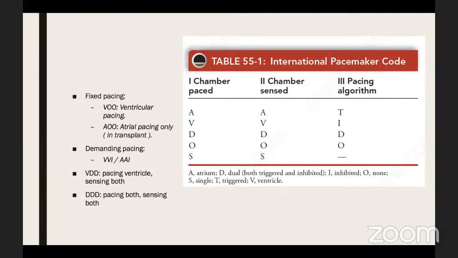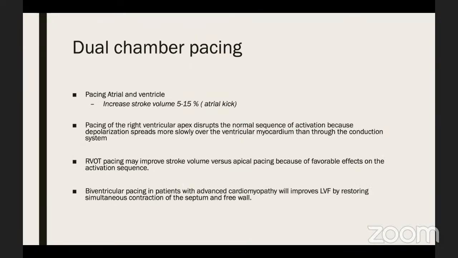In VDD, we pace the ventricle and sense both atrium and ventricle. In DDD mode, we pace both the atrium and ventricle, and sense atrium and ventricle. D is actually dual, inhibiting and triggering of the heart. So in dual pacing, pacing atrium and ventricle will increase the stroke volume by 5 to 15%, which is the